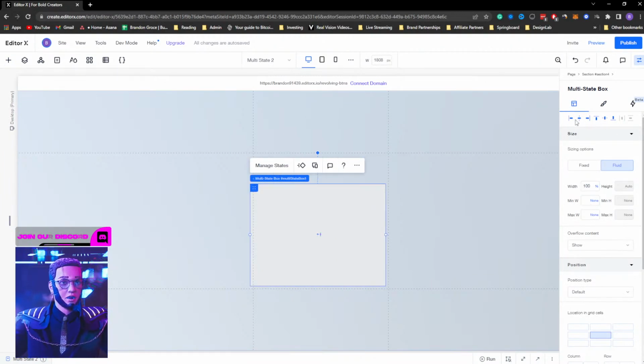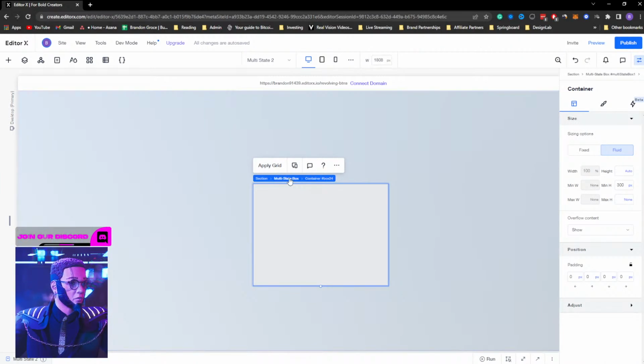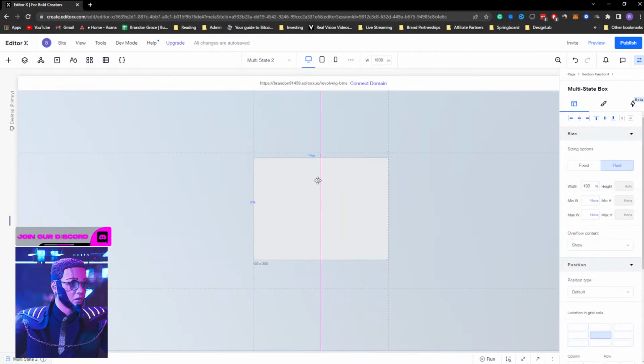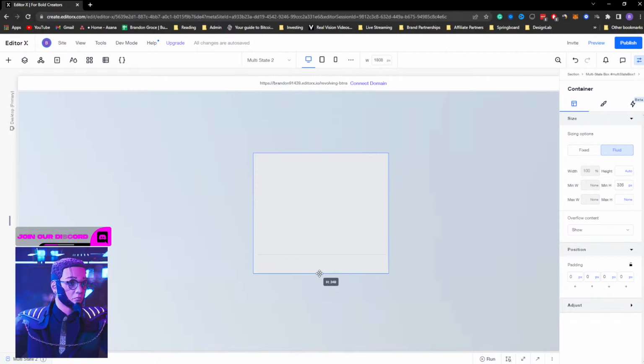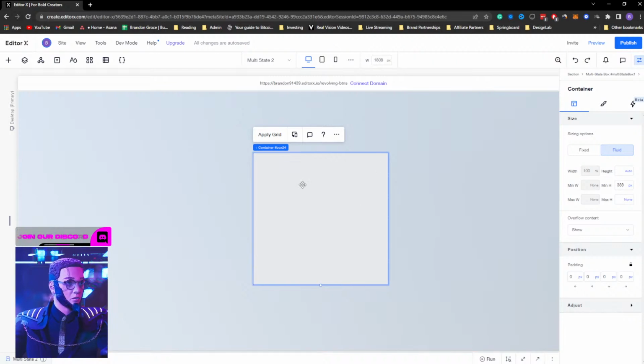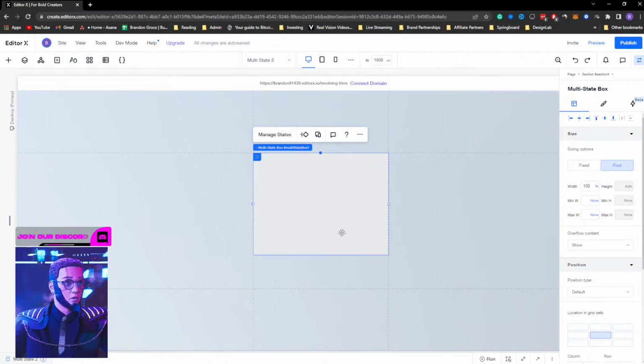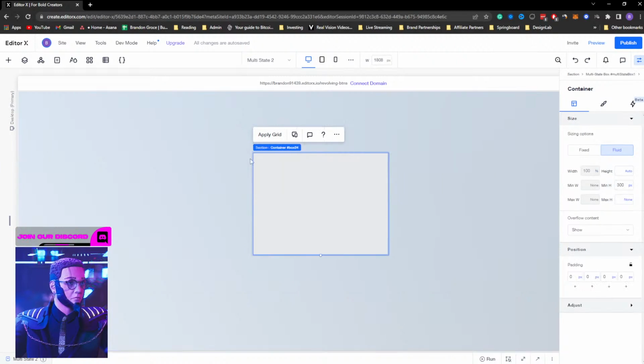And to deal with our height, I think I'm just pulling the container, so pardon me. All right, we'll just do it for the height of this. We'll do 400